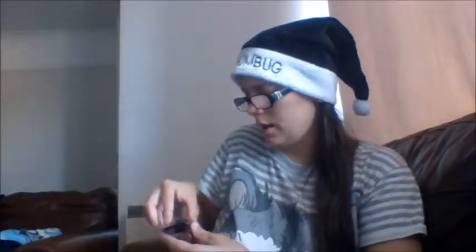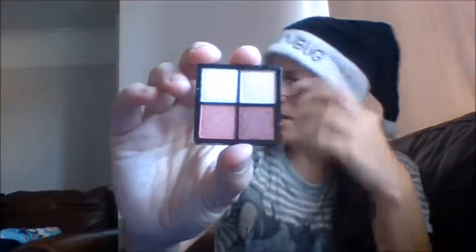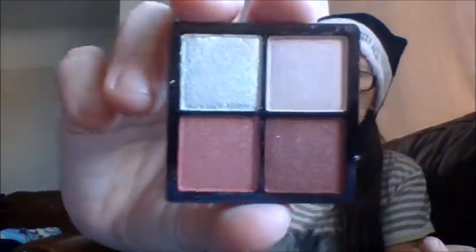Ooh, so this is like a pinky. This is going to complement the blush, the lipstick, and everything. This palette is going to go pretty well. Look at that. So this will go with the blush, the lipstick, the nail varnish, the lip gloss, and everything. So they've actually worked out the colours really well so that everything complements each other. The only exception for complementing each other is the bright red lip gloss, which you need a bit of red